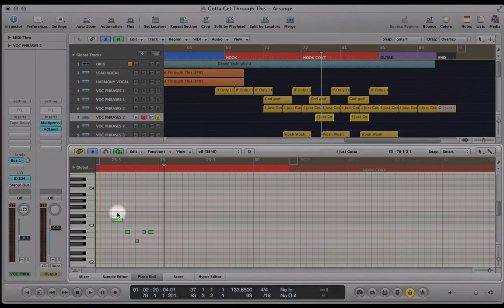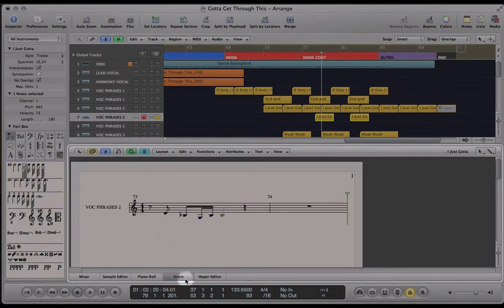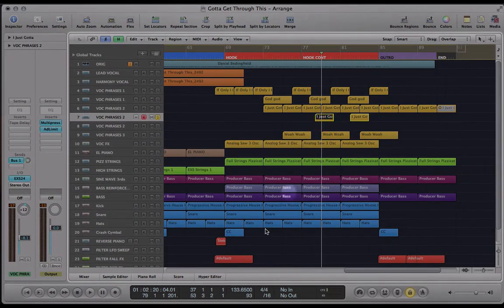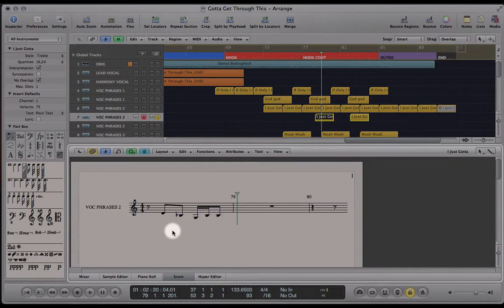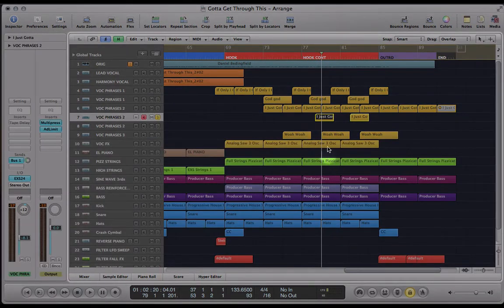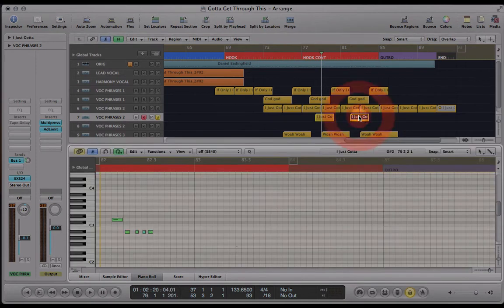So here, bar 78, the first note needs to come in halfway through, so on the 3rd beat of 78. And then the same thing at 82, except at 82 it comes in halfway through the 1st beat.